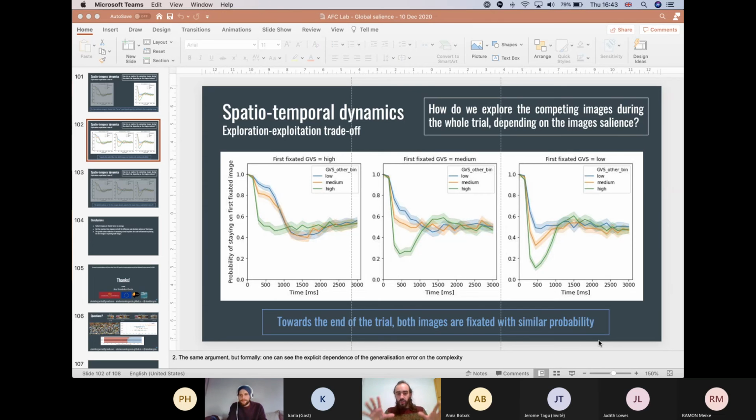In our case, it's a little bit different. So we are calling reaction time the time it takes us to look from the center to one of the images. And what I've discussed about the task is always at the end of the trial, so after 3 seconds, and only in 2 blocks of the experiment, so in half of the experiments. So after the participant has seen the 2 images for 3 seconds, and they always have a free viewing, they are asked, okay, which of the 2 images was left? Which of the images was new or old? Right. And that's it. And we haven't analyzed this yet for this new part of the spatiotemporal dynamics,